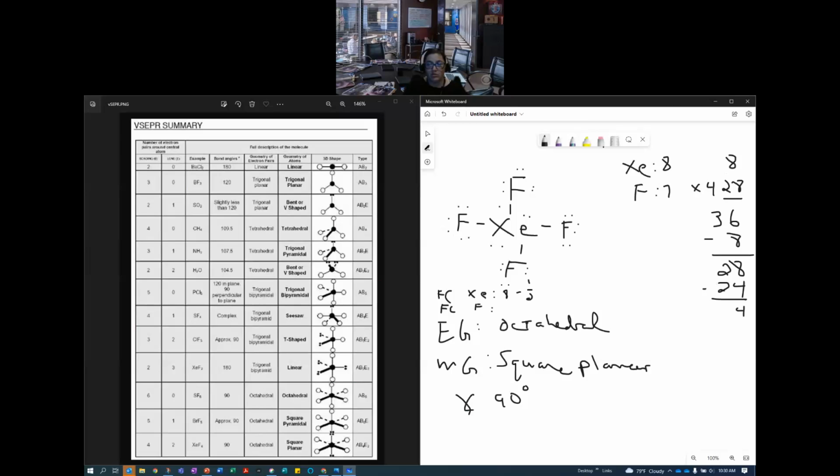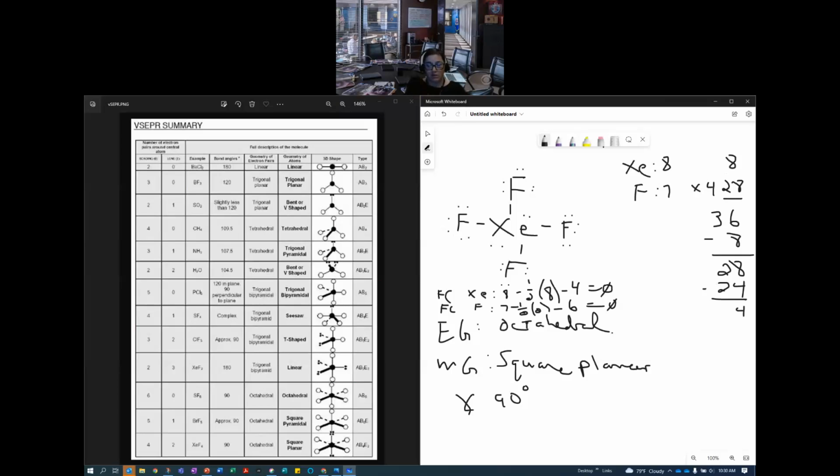Half of the 2, 4, 6, 8, minus the 4 in the non-bonding gives me a 0 formal charge there. My fluorine, I have 7. I subtract half of the 2 that are in the bond, and then I subtract the 6 in the lone pairs. That gives me a 0 as well. So all you really need to be able to do is count the total number of valence electrons